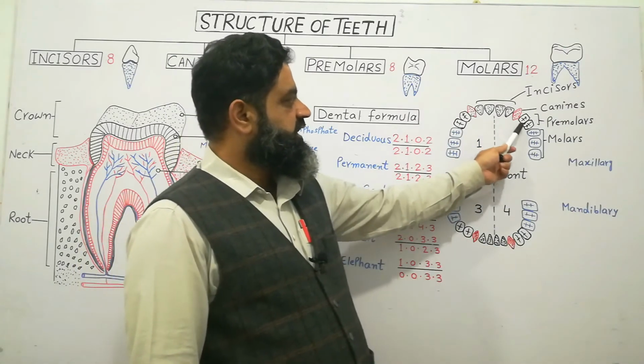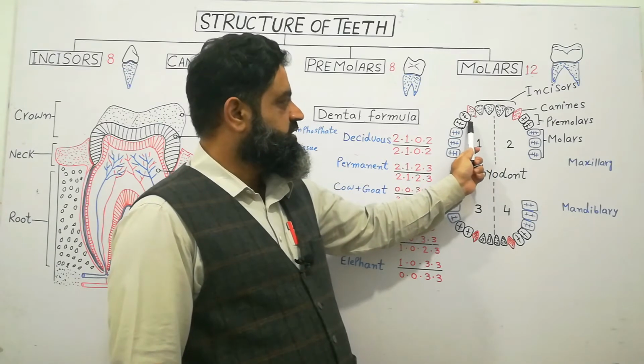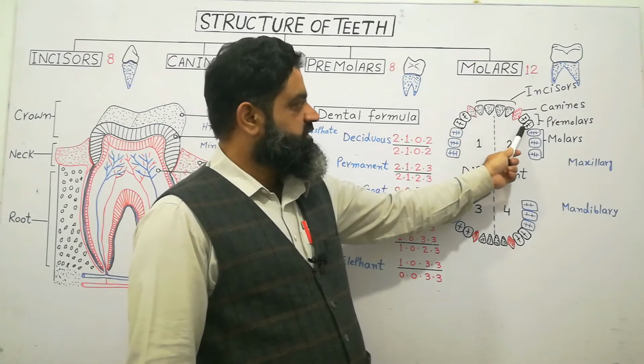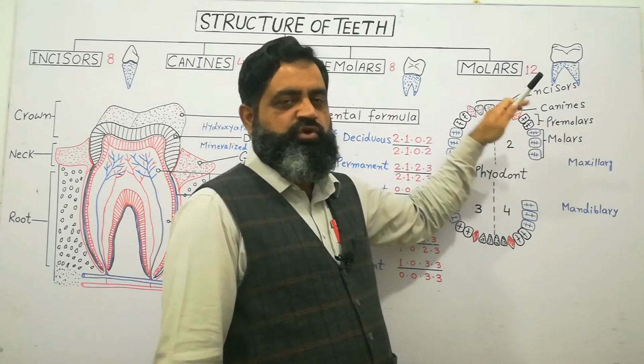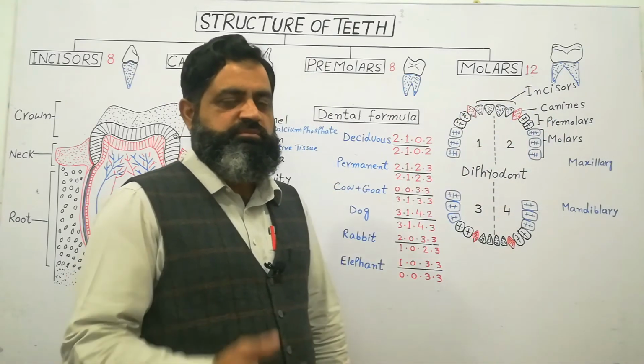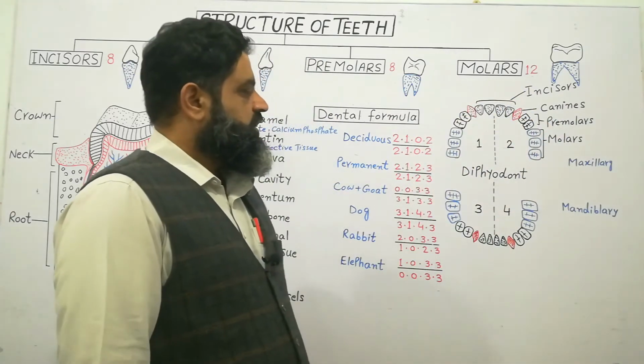On the sides of the canines, there are 4 molars, 2 on this side, 2 on this side. These are known as premolars, 4 on the upper jaw, 4 on the lower jaw, total number is 8. Now if we look at the